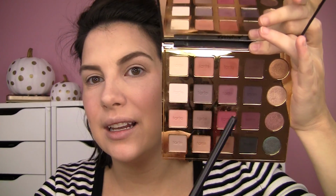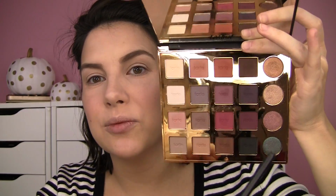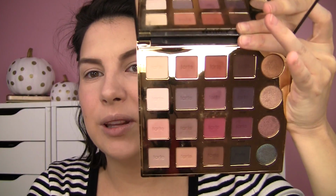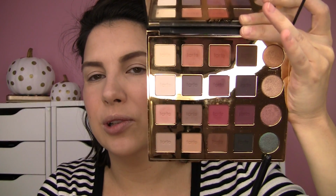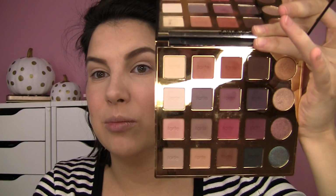Then you've got some more pop of color, mid-tones, some light colors to work with. And the four down here, I think they refer to them as duochrome in the claims. There's really only one that takes on a two-toned look, and that's the bottom one. The other three just seem like standard shimmers to me, and I actually wish they stood out a little bit